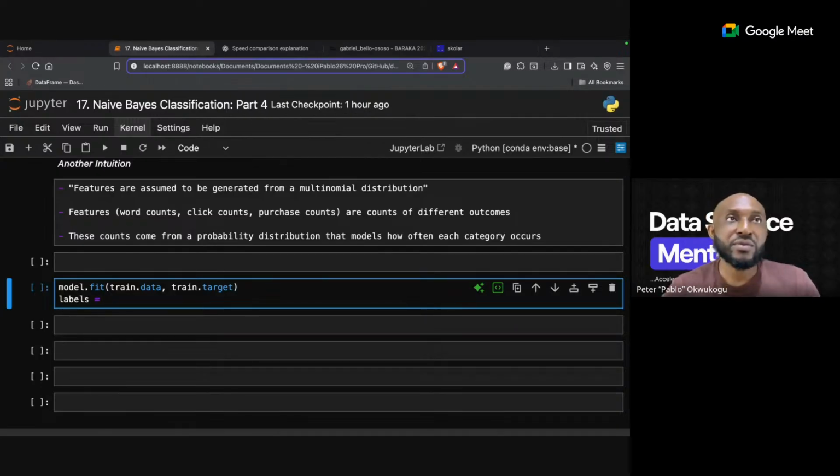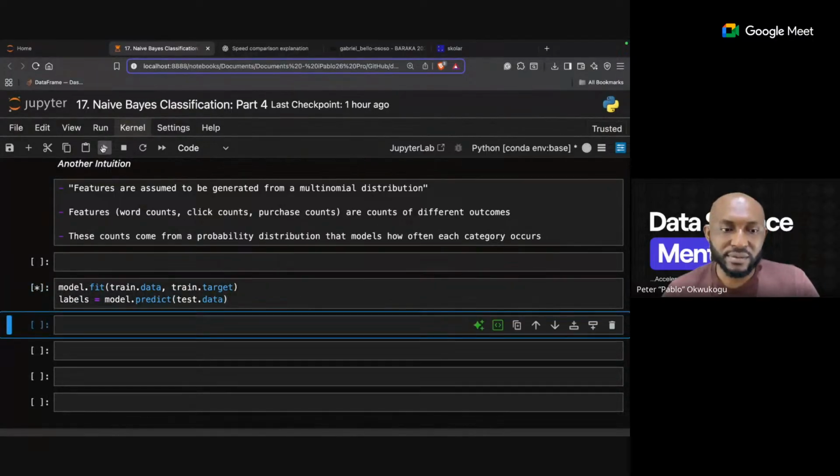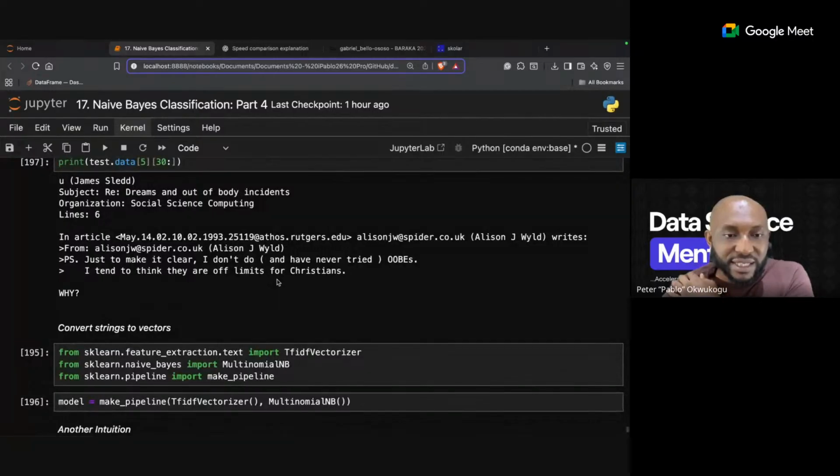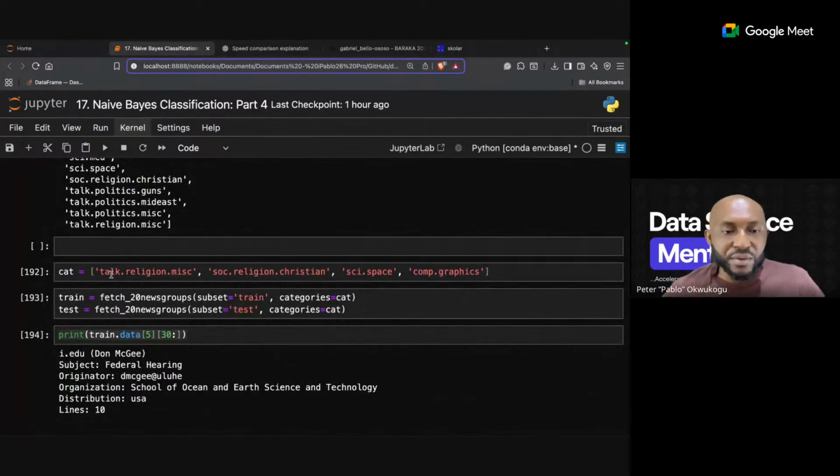When we get the labels, what we can now do is say model.predict, and we'll predict using the test.data. That's what we're going to do here, and then we'll run this. Now we already have this. Now, the many things we're going to do with this, what we have, and I want you guys to know that if you have seen this last session,